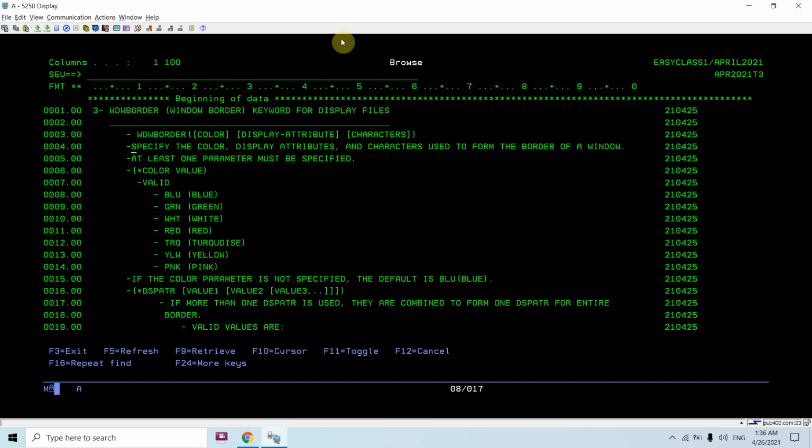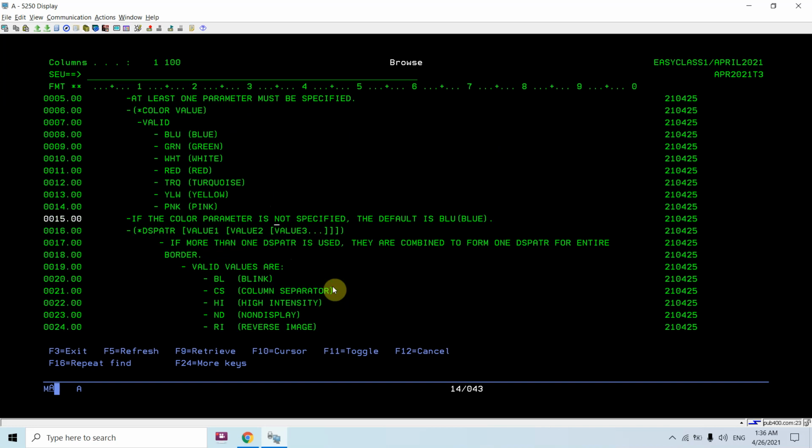So we can specify the characters which can be used to form the border of the window. At least one parameter must be specified. The color values are the same as with the window title, which are valid colors. If the color parameter is not specified, the default is blue. So the default color is blue, as you have already seen.